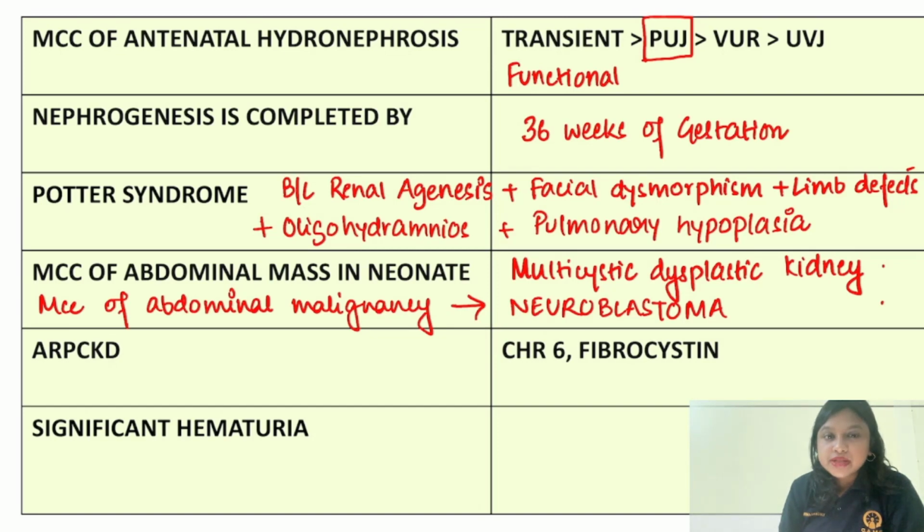Coming to autosomal recessive polycystic kidney disease. Autosomal recessive, so of course the inheritance is autosomal recessive. What is the chromosome? It's chromosome 6, and the protein is fibrocystin. Of course, in medicine you have definitely understood about autosomal dominant polycystic kidney disease, which is autosomal dominant. It is usually present in adolescents or in adults, where it is of 2 types. We can have polycystin 1 gene involvement or polycystin 2, and the chromosomes are chromosome 16 and chromosome 4 respectively,